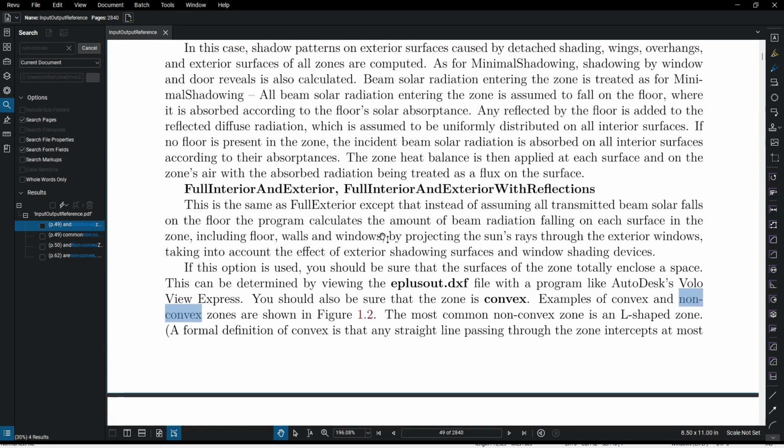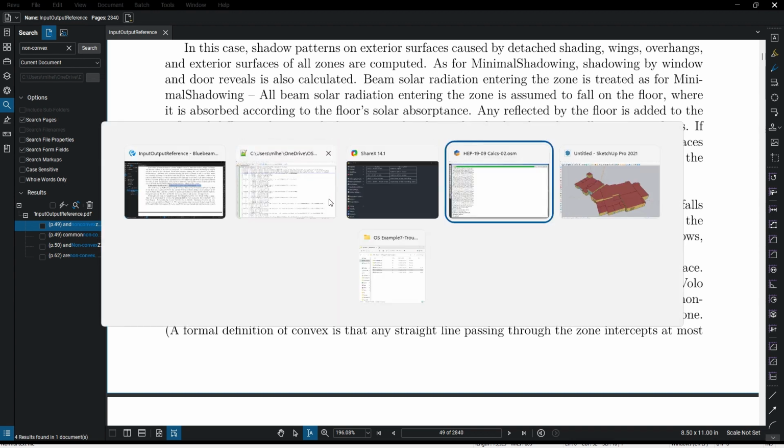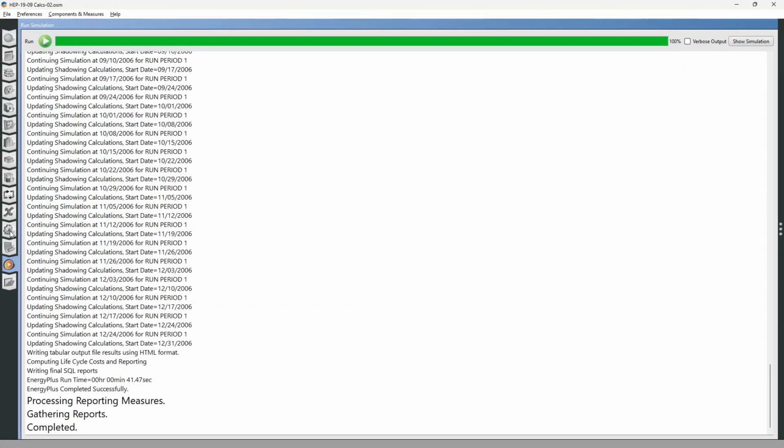And it takes you to this bit of information, and it describes convexivity, and it tells you that convexivity only seriously affects your model if you are running full interior and exterior, or full interior and exterior with reflections. So what do these selections mean in OpenStudio? If we go to the Simulation Settings tab,